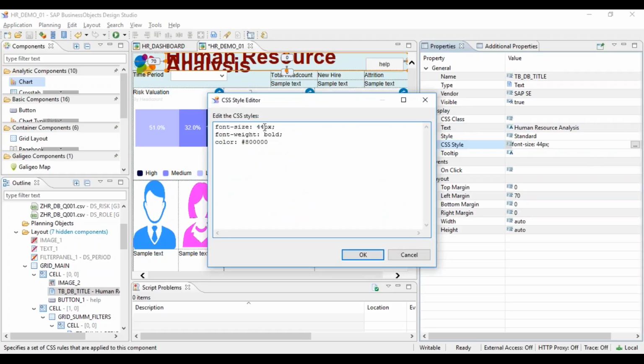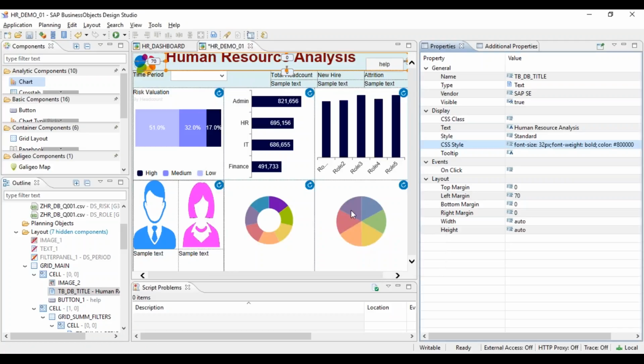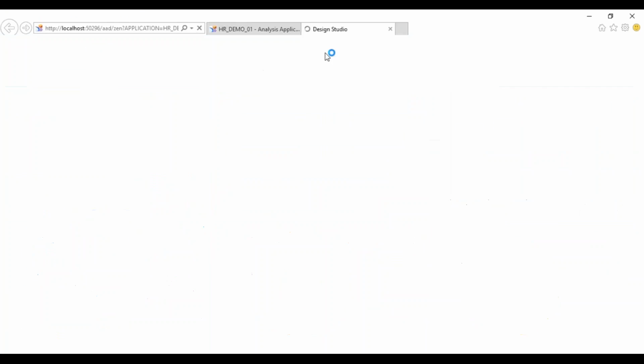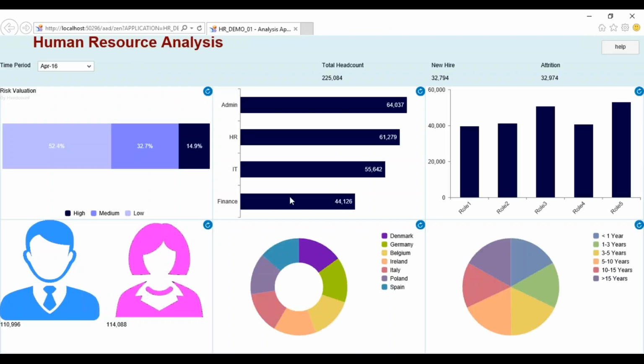Yeah, 44 is too much. That way you can format your dashboard. You can give the formatting here also for this particular header, total head count also. You can give CSS code. You can give CSS code for each and everything.